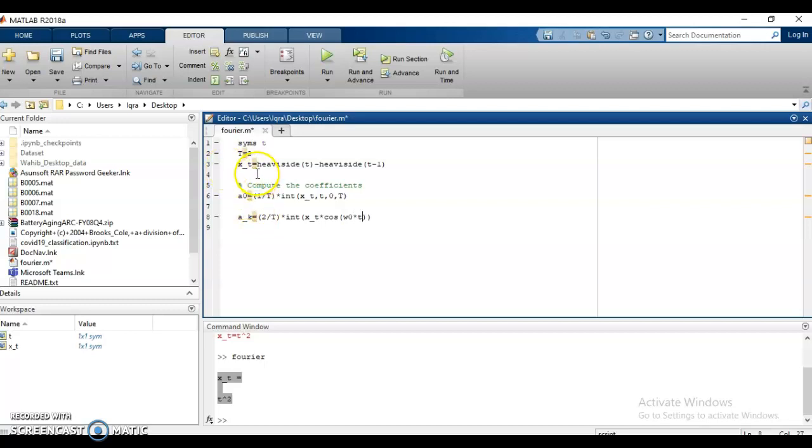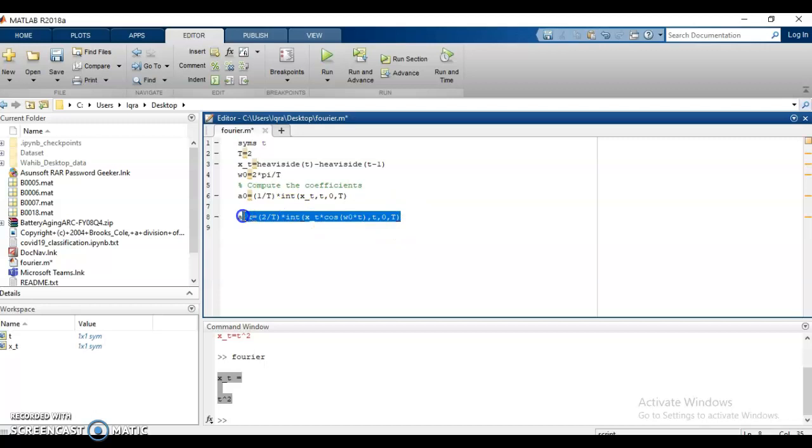We have not yet defined omega naught, so we can define omega naught as 2 pi divided by T, because it's 2 pi f. Then we integrate with respect to t from 0 to capital T.